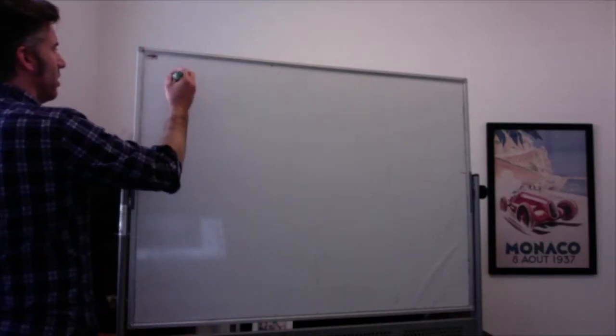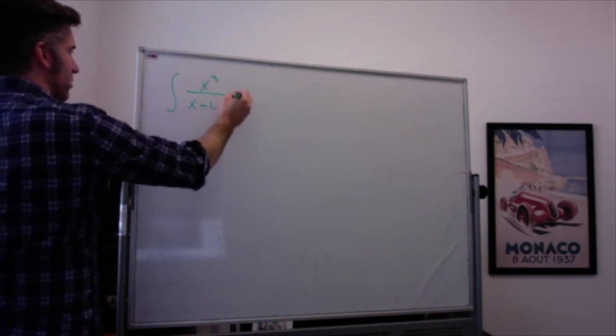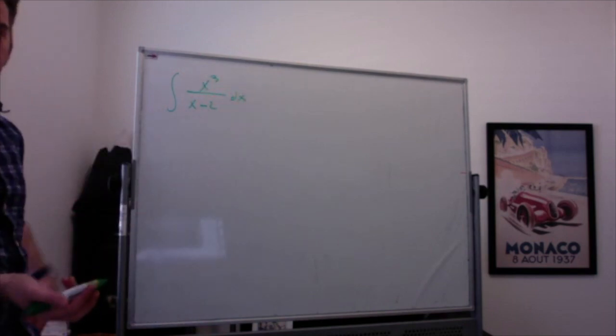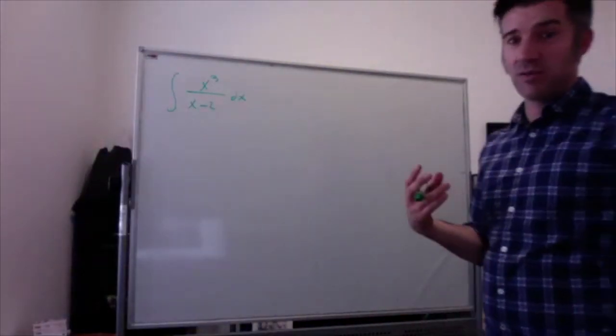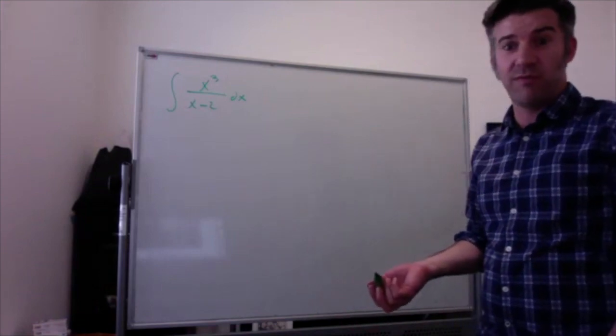So the question on the quiz was how to integrate x cubed over x minus 2. And this actually does come up when you're talking about partial fractions as well. So when your degree on top is greater than or equal to your degree on the bottom, you have to do polynomial division first. So if we do the division here,